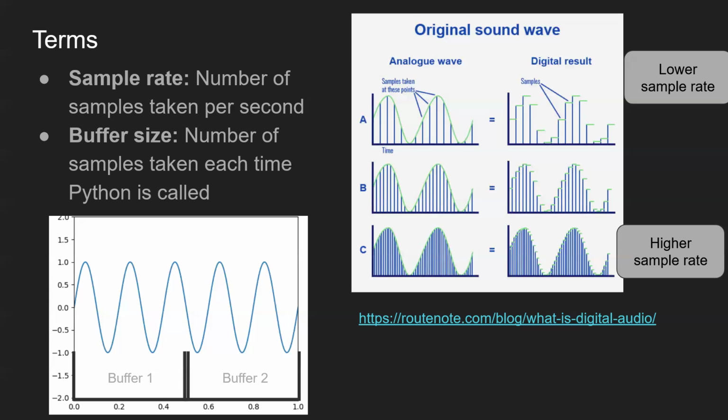And then I mentioned this already, but buffer size is the amount of samples that you receive in the buffer sent to you, and that will be sent back out. So these are the samples on each wave, and the buffer size just refers to how many samples we get at each time. Does anyone have any questions on that? I'm not sure I did the best job explaining that, but